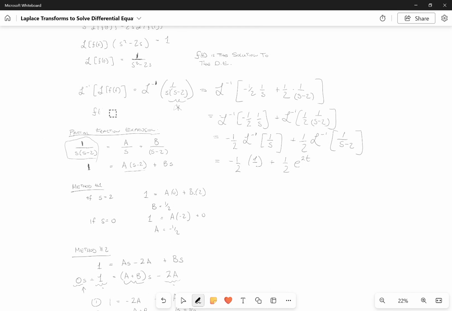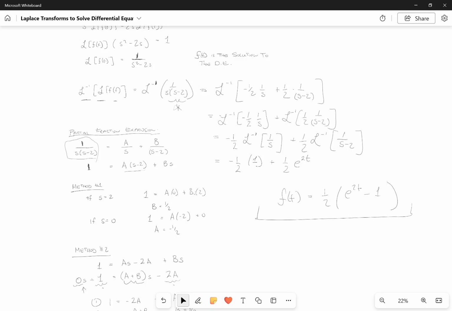Let me move this over. Right? This is this right here. The inverse Laplace of little Laplace is f of t. So f of t is equal to 1/2 e to the 2t minus 1, and that would be the solution